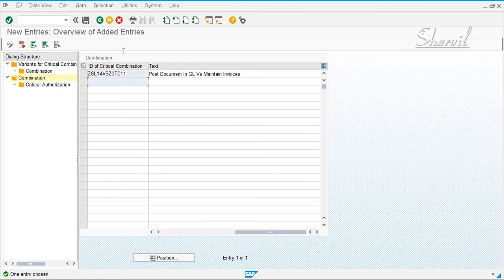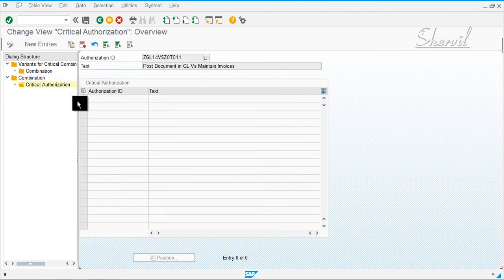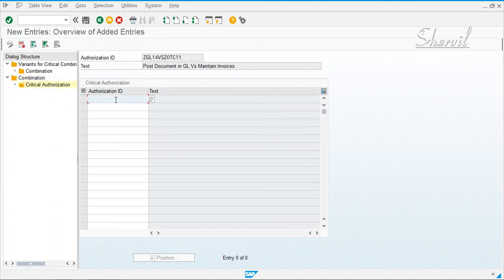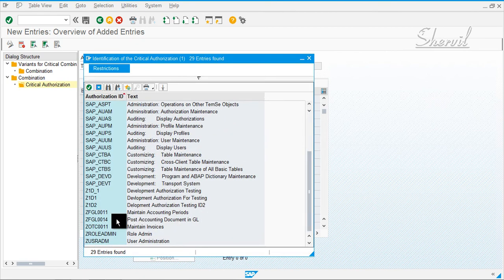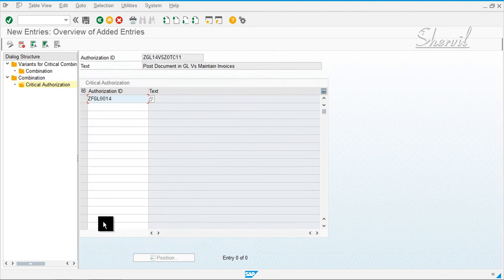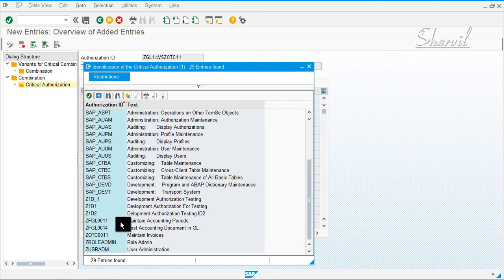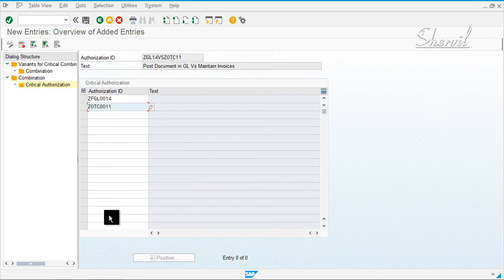Now the next step here is to save it and click on critical authorizations to combine the two critical authorizations that conflict in this case. So GL14 and then OTC11. All right, save it.